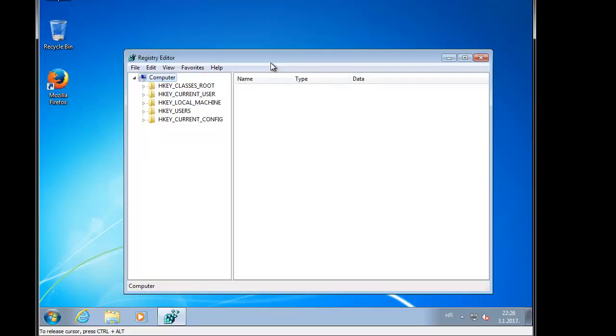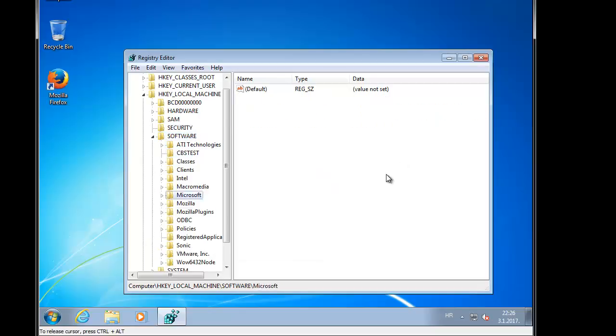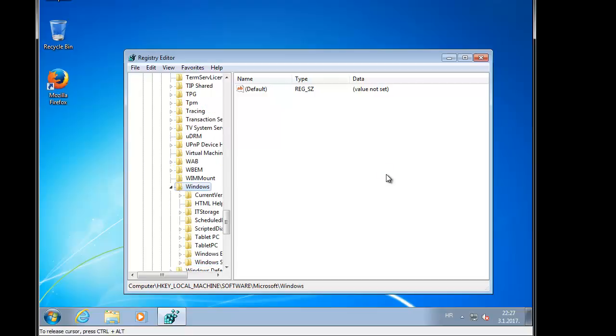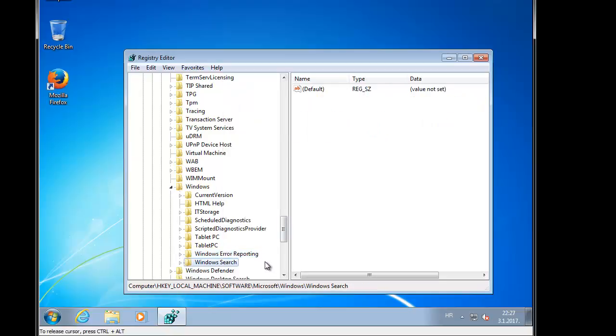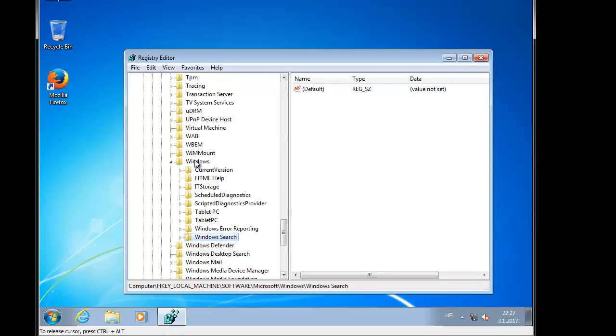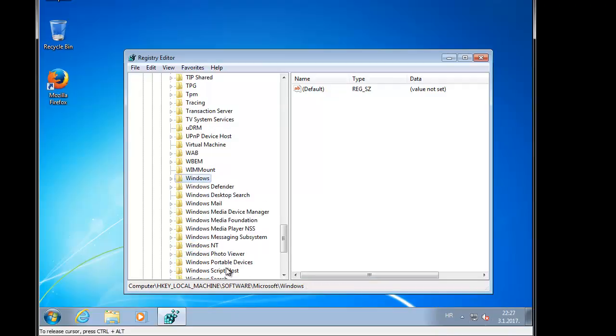Yes, and I will be going to HKEY_LOCAL_MACHINE, then Software, then Microsoft, then Windows, and then Windows Script Host, I think that's in here. Windows Search. Nope. Just let me see, maybe it's somewhere in here. Be right back. Okay, I'm back. Sorry, I've chosen, no, it's not Microsoft Windows, but Microsoft Windows Script Host, and